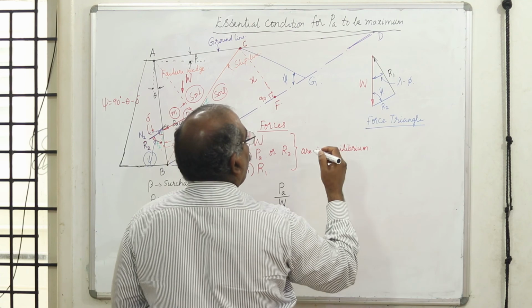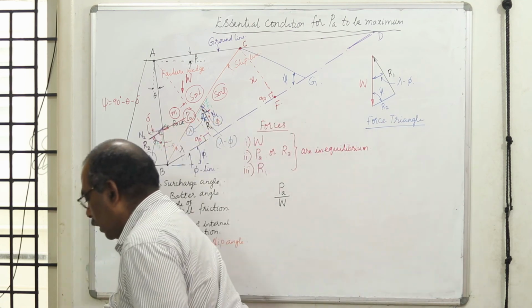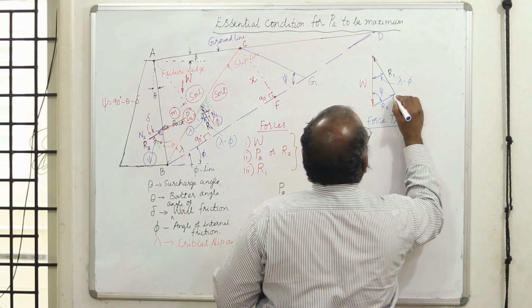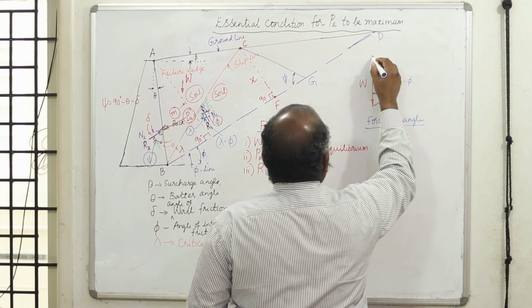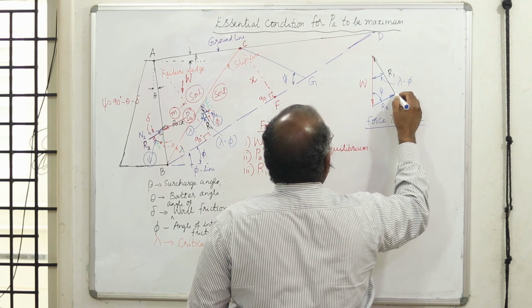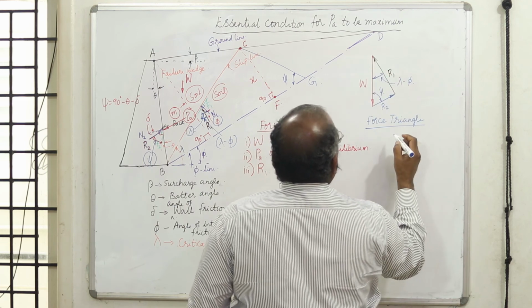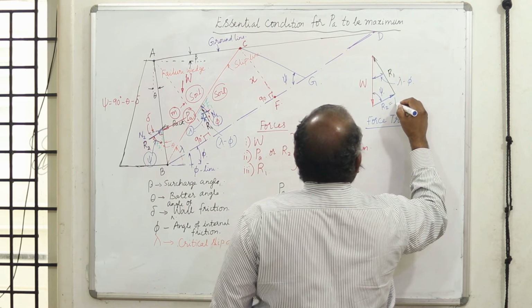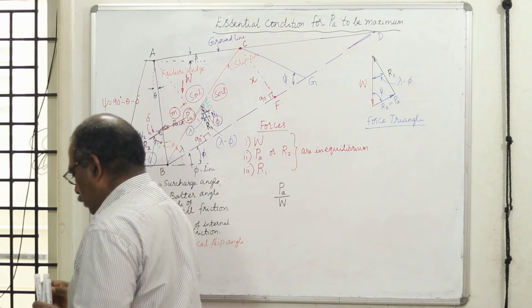This is head to tail, and again tail to head. This is the direction of the arrows. Now R2 is nothing but PA. Therefore, PA by W must be equal to...